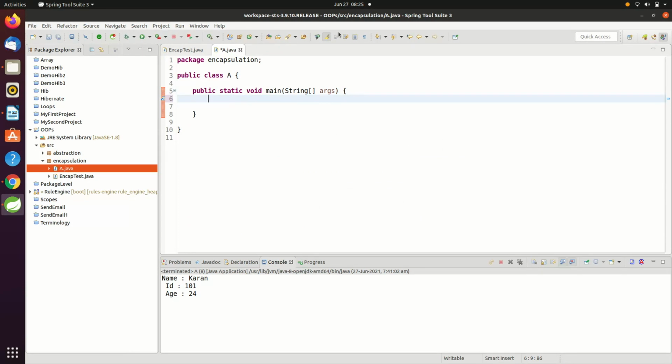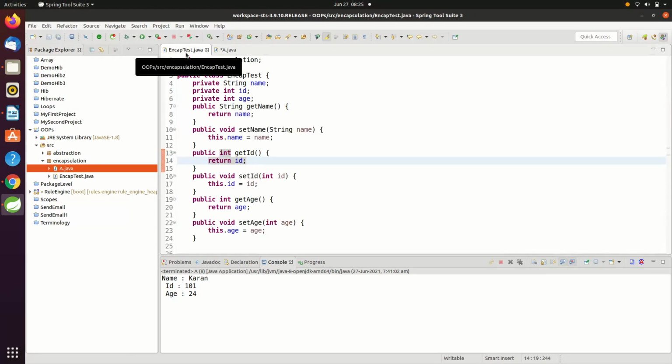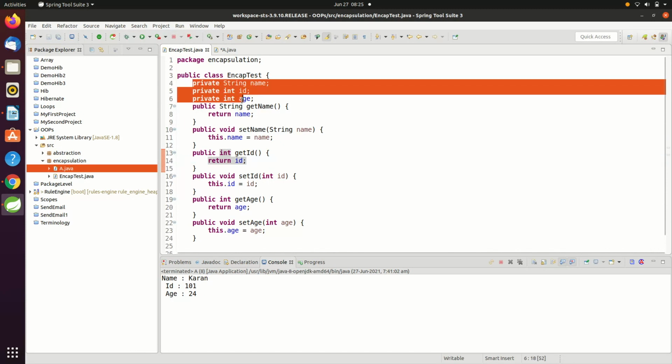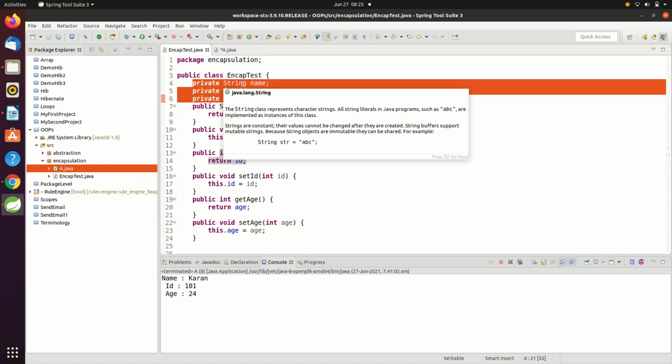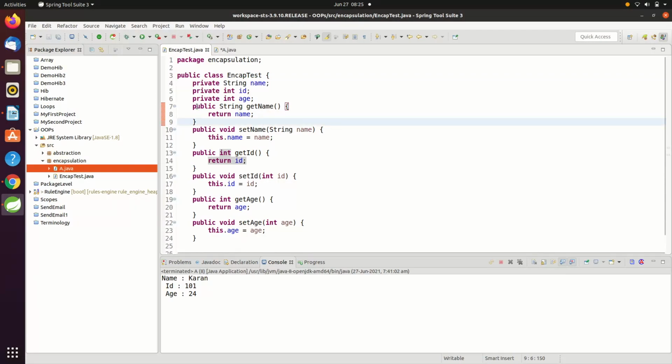Now remember, guys, the public setter and getter methods are the access points of the instance variables, as I said earlier, and I will repeat it again because this is what encapsulation surrounds with. Getter and setter methods are access points.